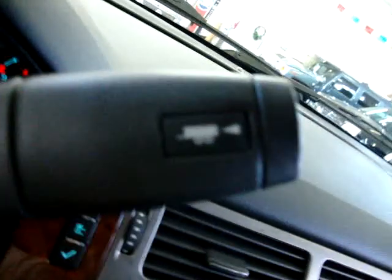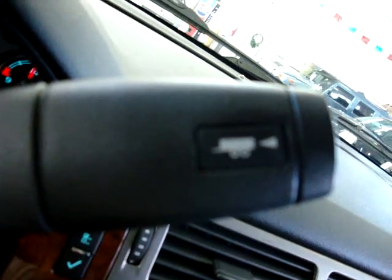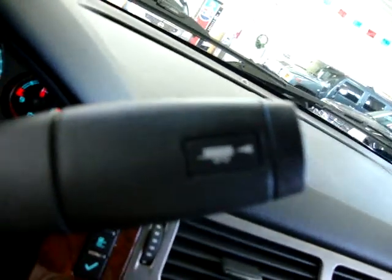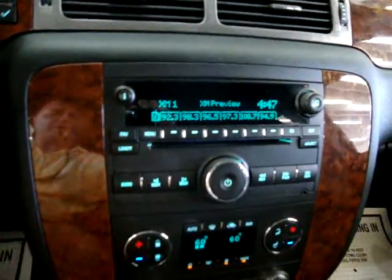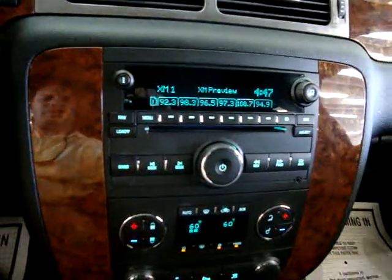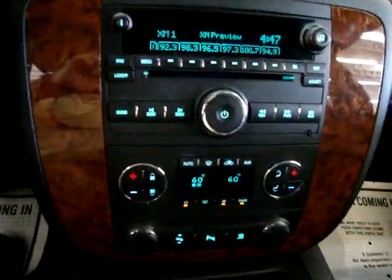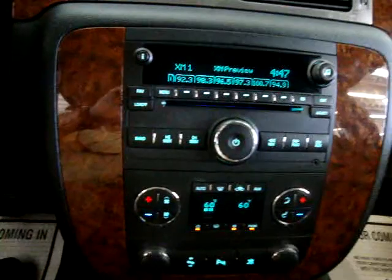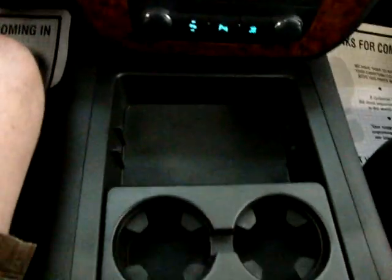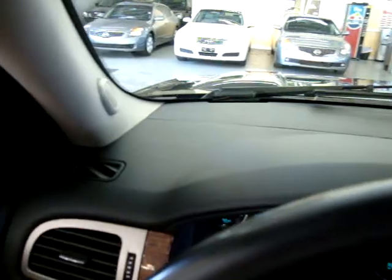Towing haul mode, that's your button there. When you depress that, the transmission will shift a little differently to adjust for the extra payload, the extra tow capacity that you're towing, the extra vehicle or boat. It also disables the overdrive. That way you don't burn your overdrive, because when you're towing a boat or a trailer, sometimes the overdrive comes in and out a little too regularly, and that's not good for it, so it'll disable that. Okay,